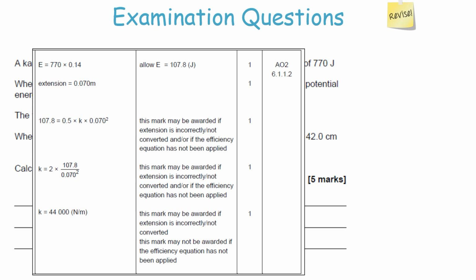Now the next thing you do is you substitute these values into your equations. You say 107.8 is equal to a half times by spring constant times by extension squared, which is 0.070. So that's the first mark, and always in any equation, directly substitute the values into your equation. You then rearrange it and make K the subject, and then you work out our answer to be 44,000 newtons